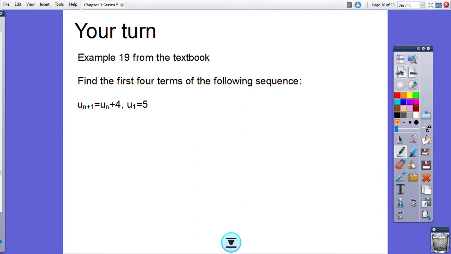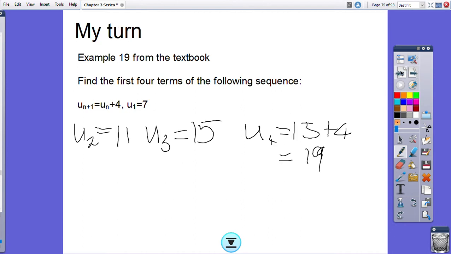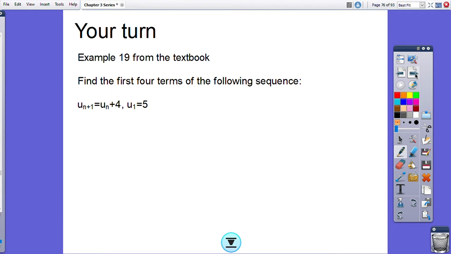Okay, so you should see, compared to this, it's very similar, but our starting value is 5 instead of 7. So you should have had exactly the same sequence, but you started with a different value. So u1 was 5, u2